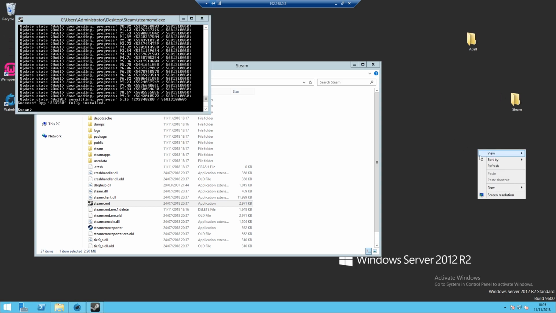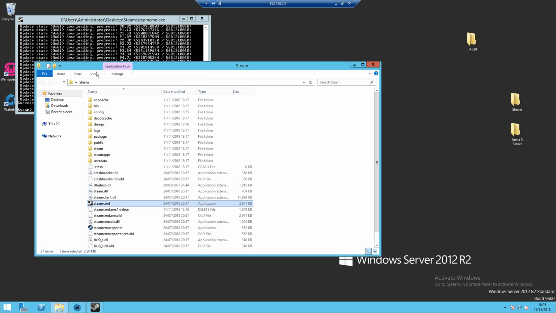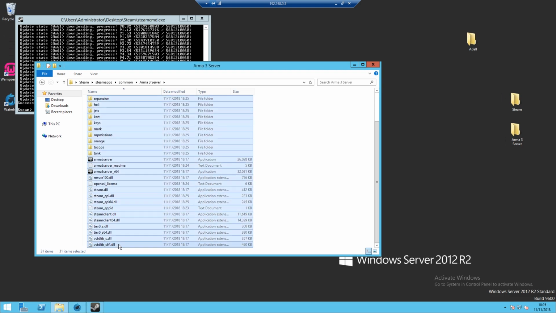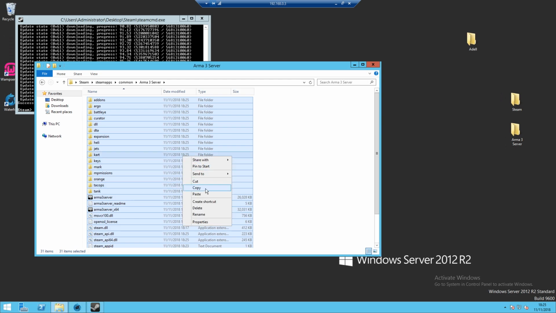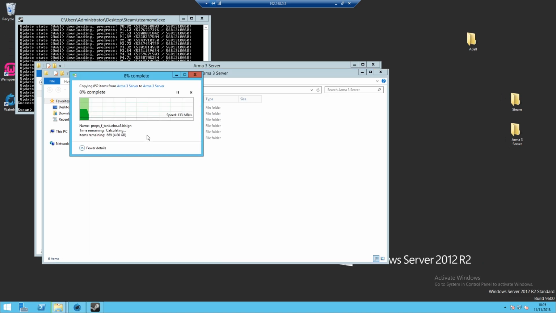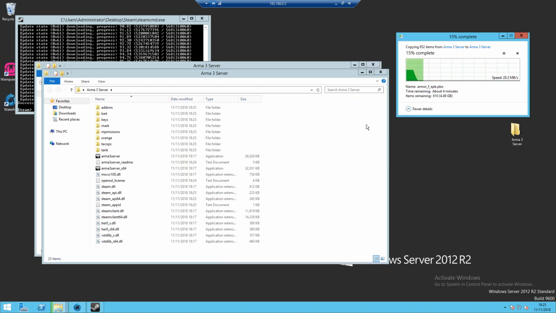So what we're going to do now is we are going to make another folder and we are going to call that Arma 3 server. That can go there. So here in the Steam directory, which is this one here, we're going to go to Steam Apps, Common, Arma 3 server. I'm going to grab all of these files. We are going to copy them into this folder here. Now as you can see that's going to take a little while to copy across, so what we're going to